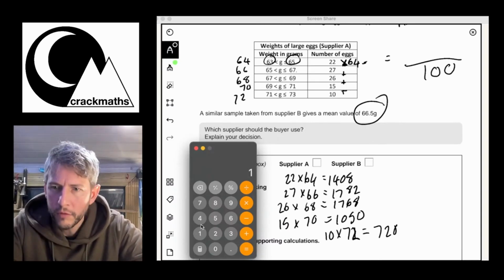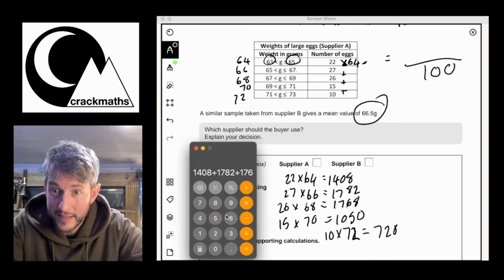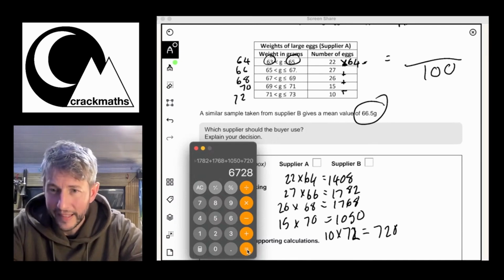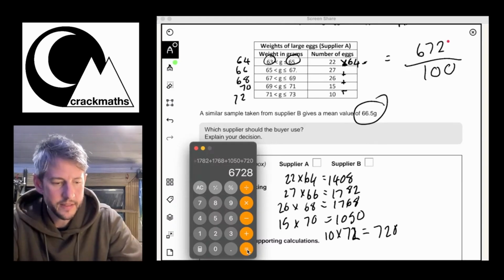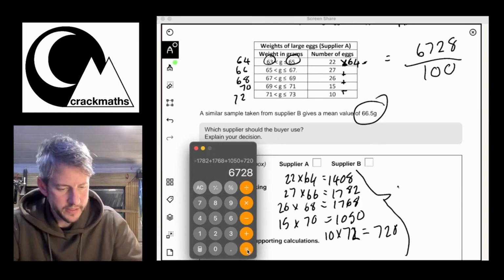So we've got 1408 add 1782 add 1768 add 1050 add 720, and this equals 6,728 grams. Okay, so that's what all of the eggs all together weigh,